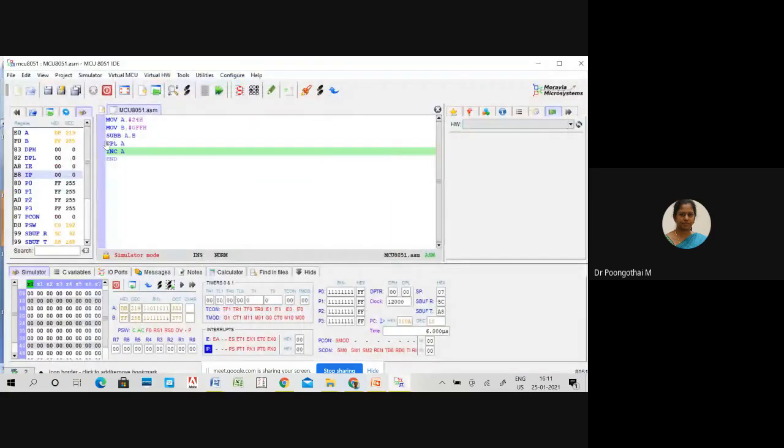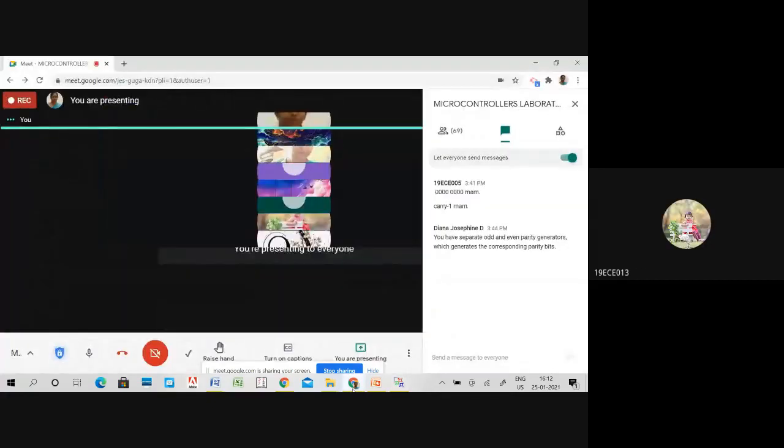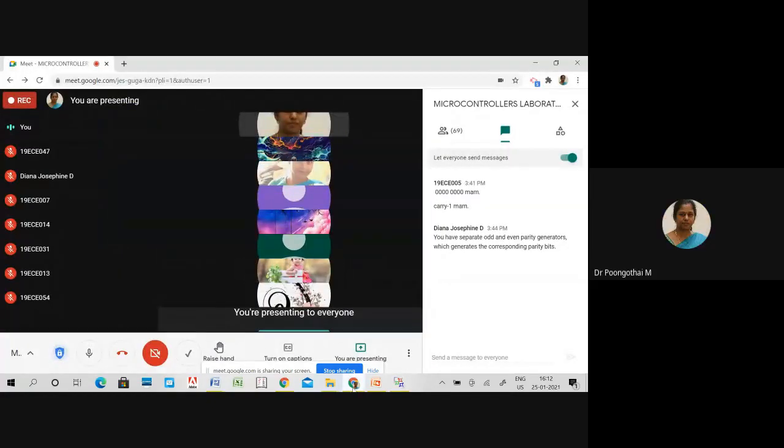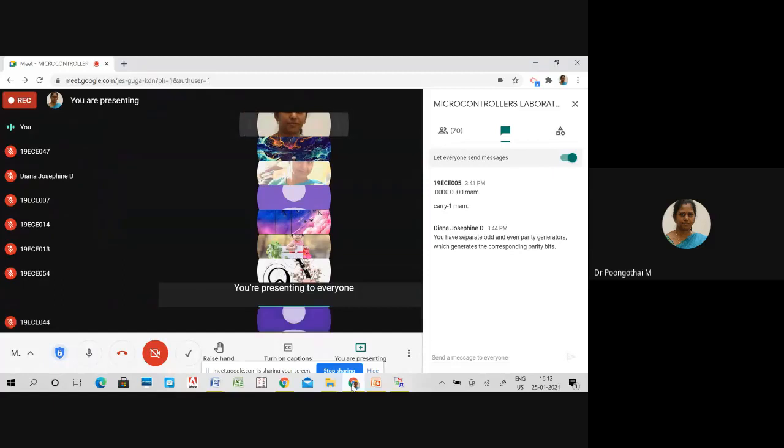In this program, after subtraction, I have included 2 instructions, complement A and increment A, for converting your 2's complement result into true form. So that is the concept. Is that clear? Yes, ma'am. After inverting carry, you have to check whether carry is 0 or 1. If it is 0, the number is in true form, which means the result is positive, otherwise negative. So that is the difference.